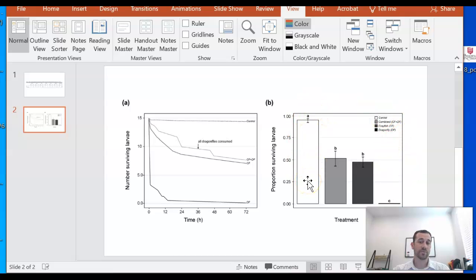Control here, which you have a pretty high proportion of surviving larvae. That's for mosquitoes, that is. You've got next your combined treatment, your crayfish, and your dragonfly nymphs. Ultimately, what these two figures show us is that dragonfly nymphs are much better at consuming and controlling the mosquito population because they like to eat mosquito larvae. When you have crayfish by themselves, or crayfish and dragonflies, there's not as much of a reduction in mosquito